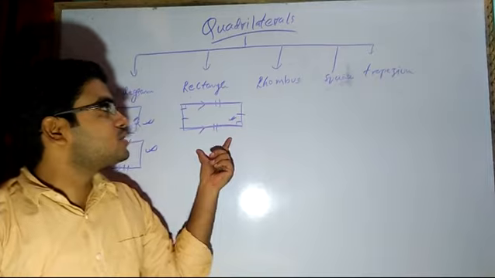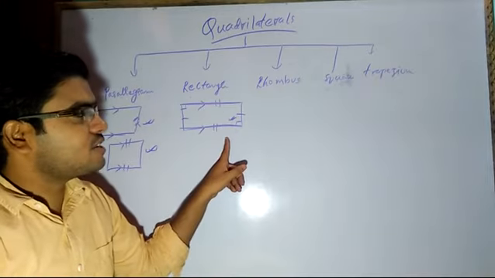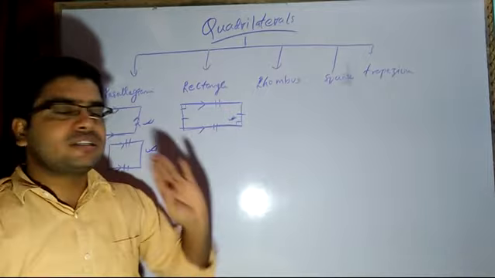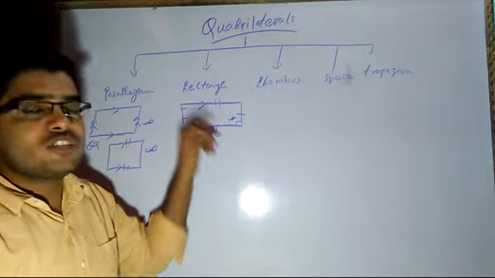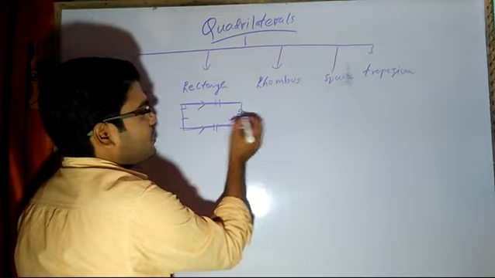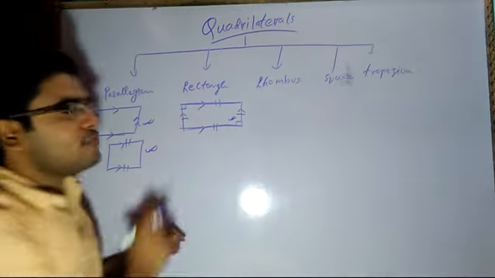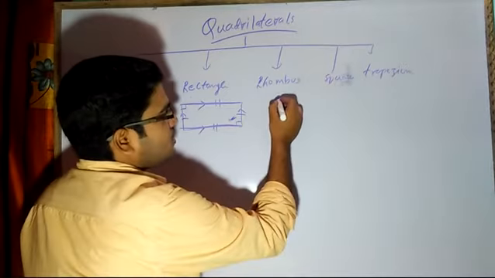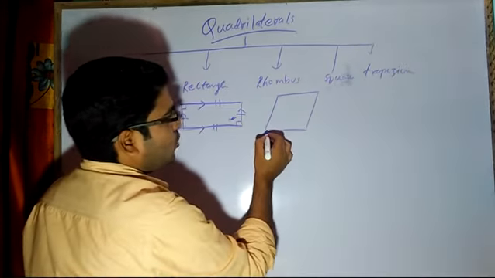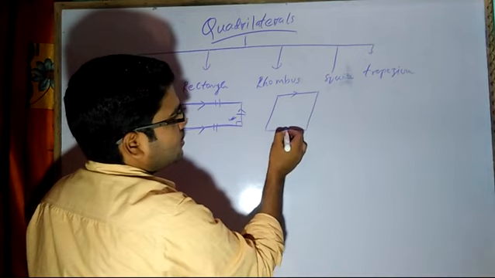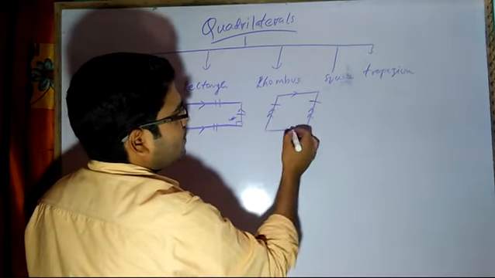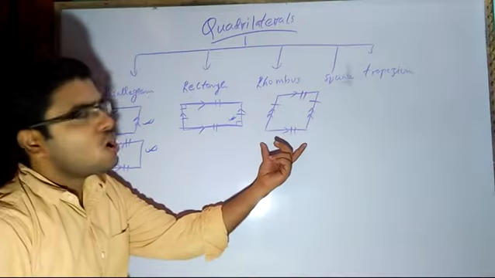Understood, my dear students? When opposite sides are equal and one of the angles is 90 degrees, then it is obvious that opposite sides will be parallel. If it is equal, then they have to be parallel with the 3 conditions. Now, what is a rhombus? Opposite sides are equal as well as parallel. Then we say this is a rhombus.